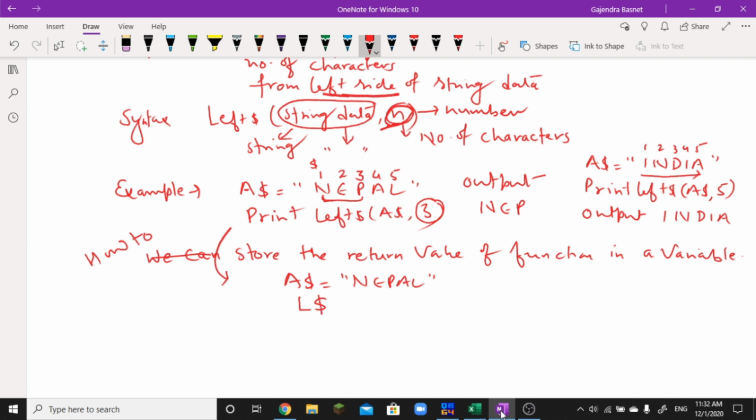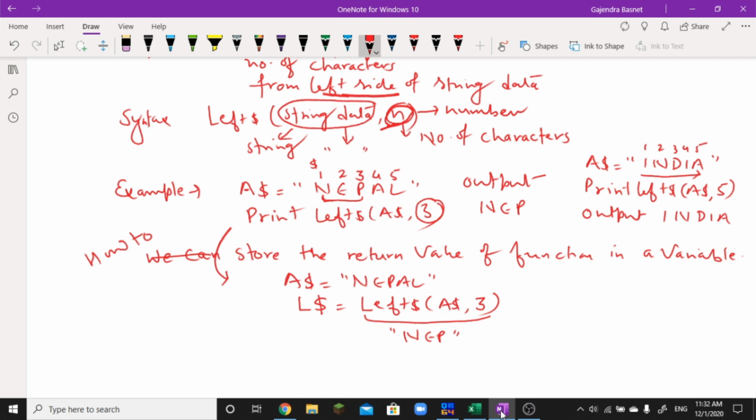Suppose $L is equal to left dollar of $S, 3. Okay, so here you can see the return value of this function is NEP, that is of string type,